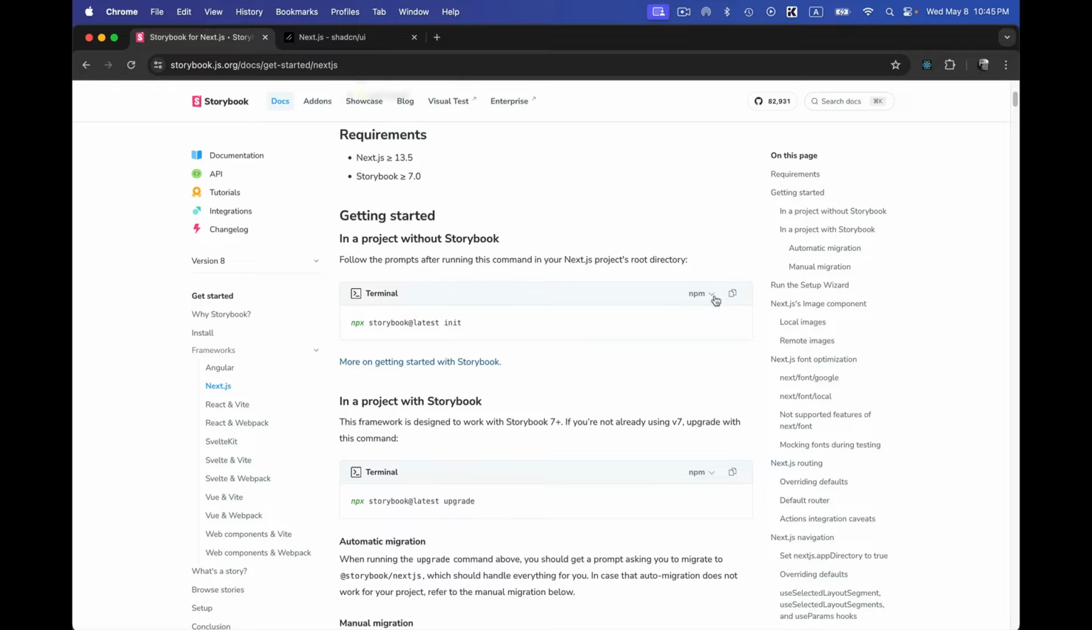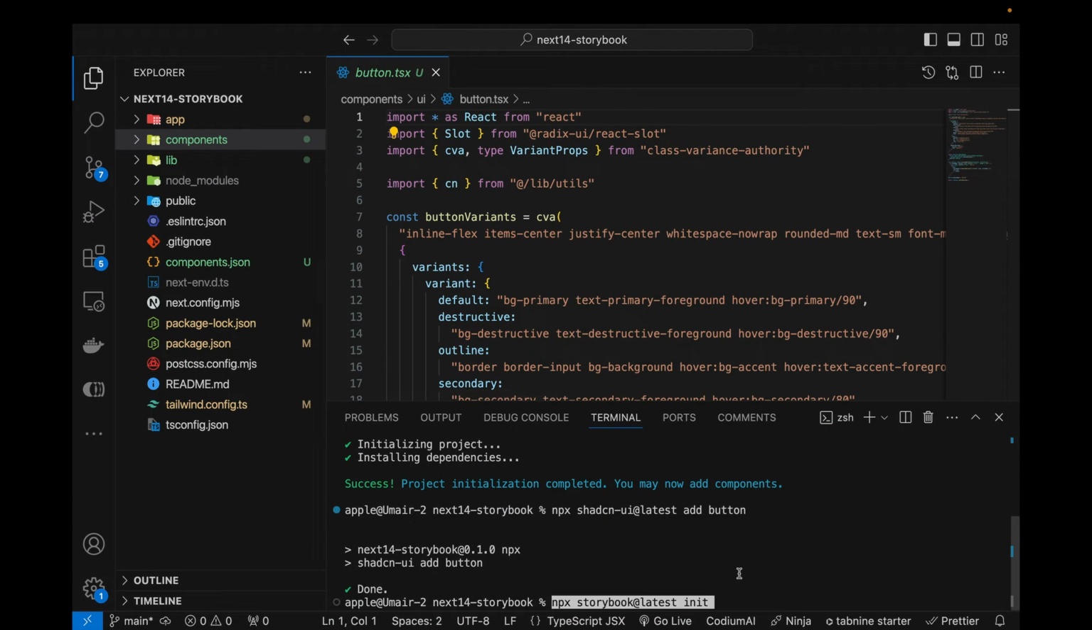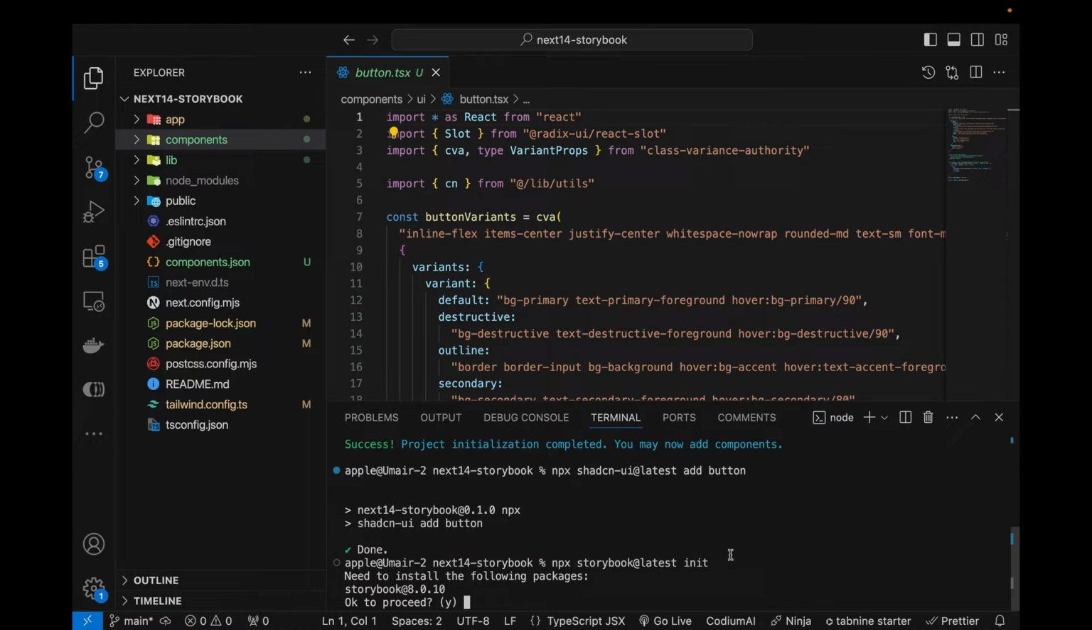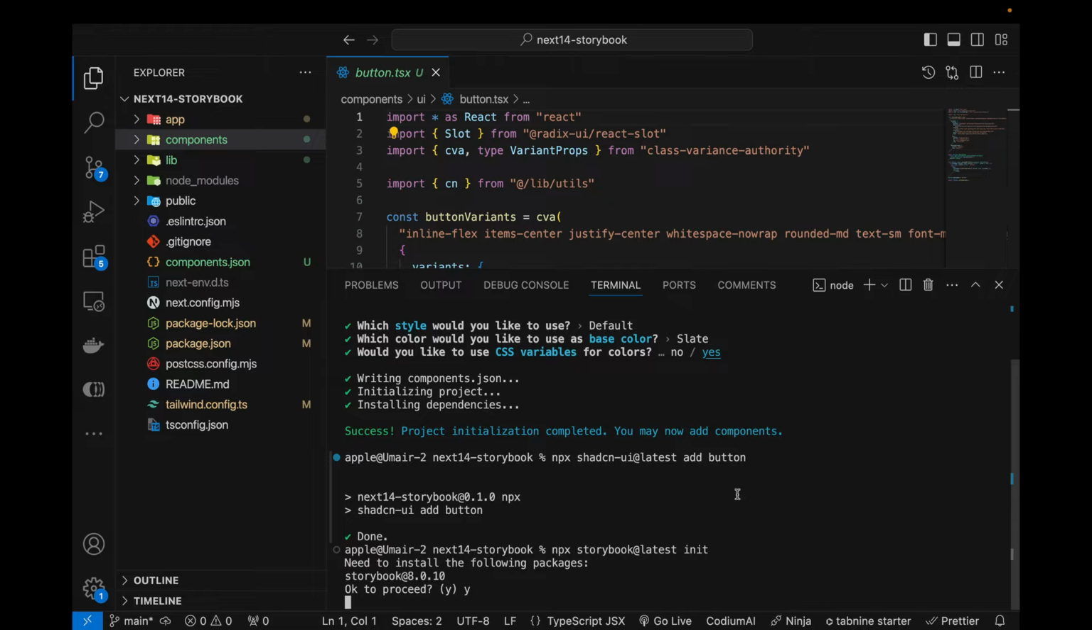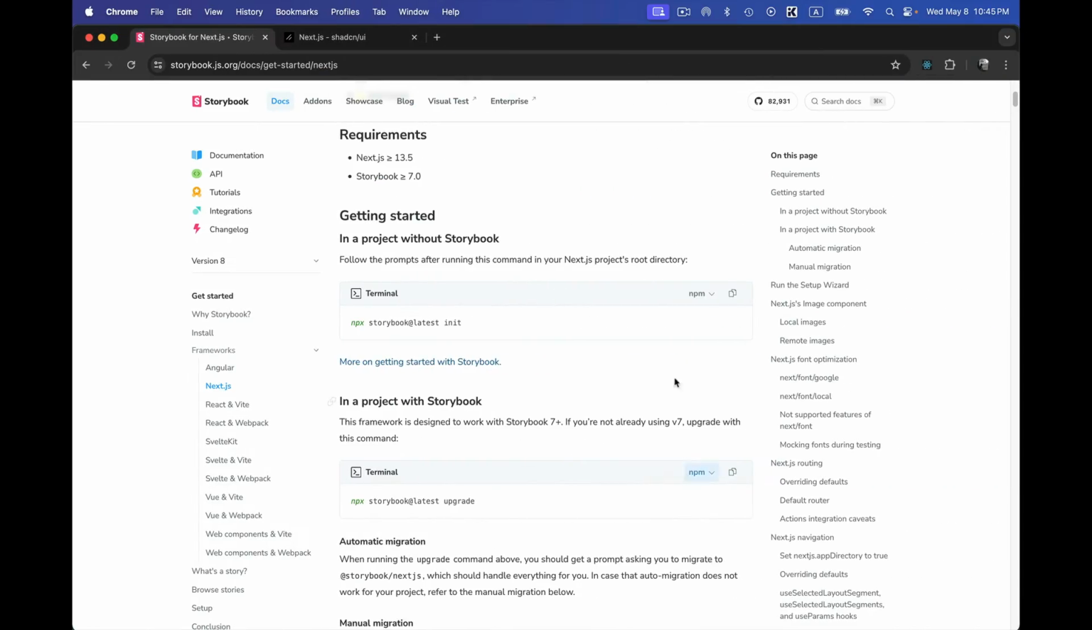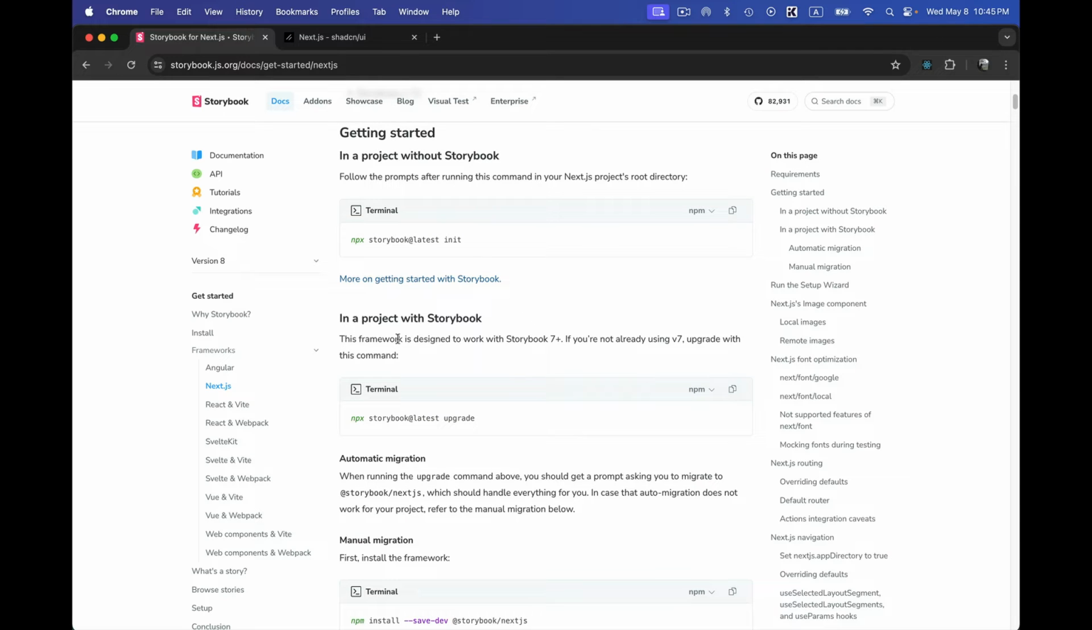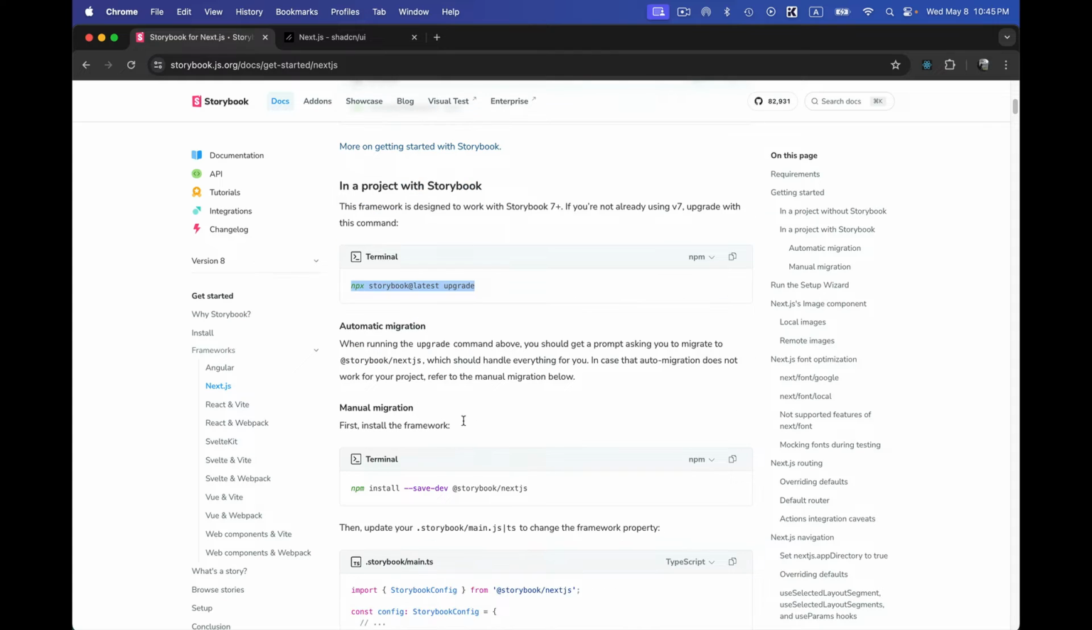So now I simply need to copy this command, npx storybook@latest init, and in the terminal I'm going to hit enter and simply write y, and it's going to take some time, so let's wait for it. Before it is getting created, let's go over here. Sometimes we need to go with the automatic configurations by upgrading this particular command, or we can go with the manual migration, but hopefully it's going to go with the automatic migrations and upgrades for setting up the whole Storybook,